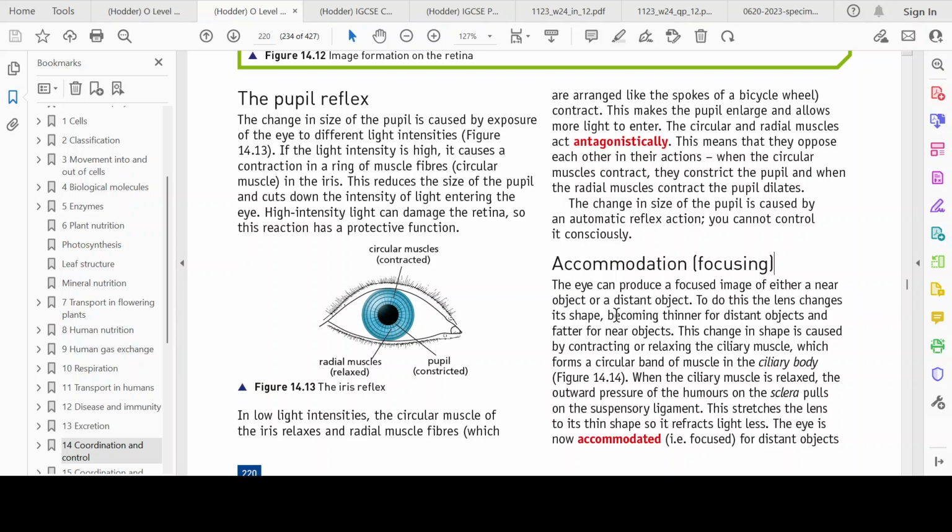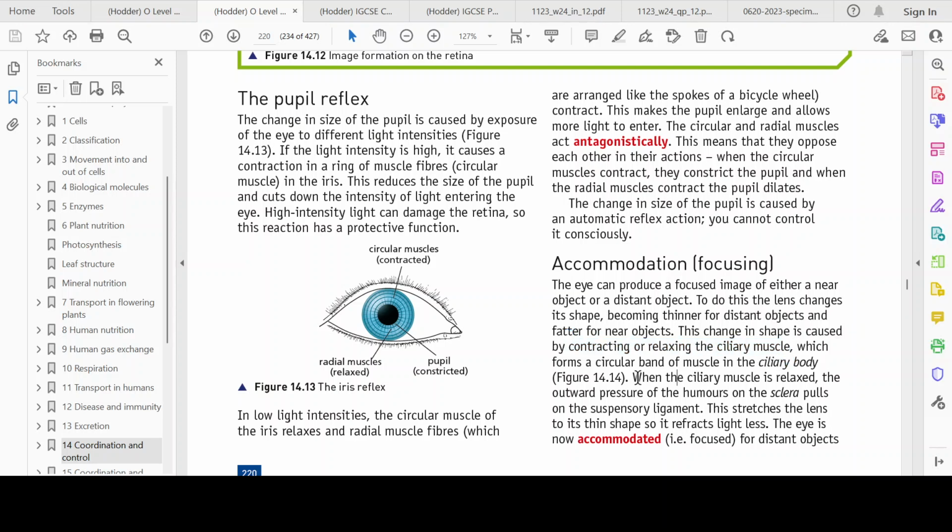So how that happens is that the lens changes. It becomes thin for distant objects, right? And it becomes thicker for objects that are nearby. So when they're focusing on an image, for example, the lens becomes thinner for distant objects and fatter for near objects. We just talked about that. And this happens by the contraction or the relaxation of the ciliary muscle,